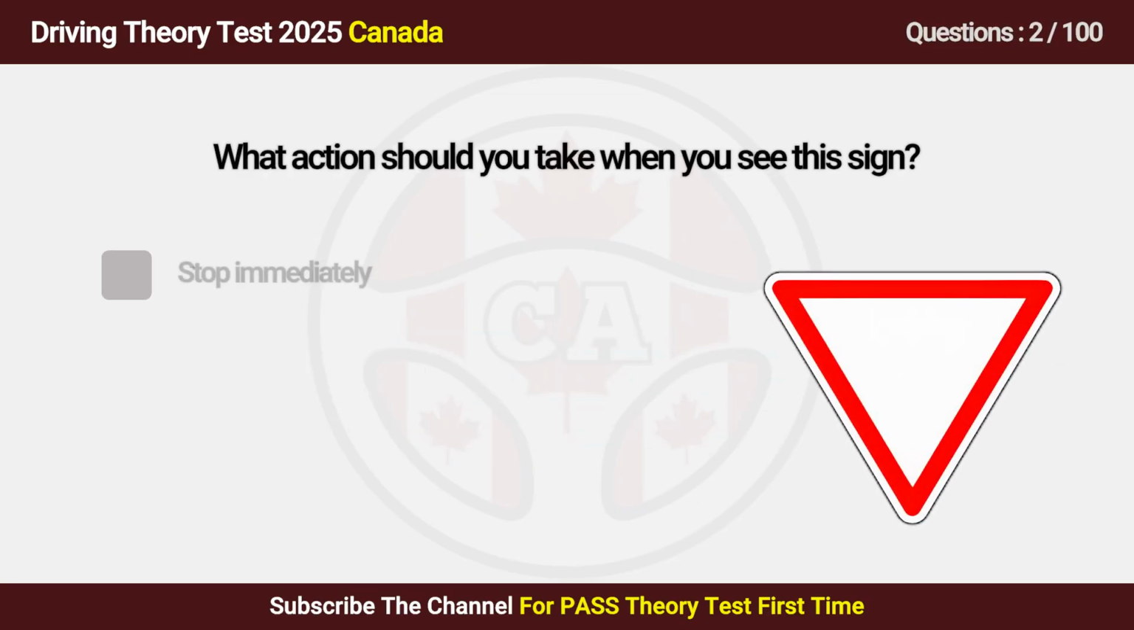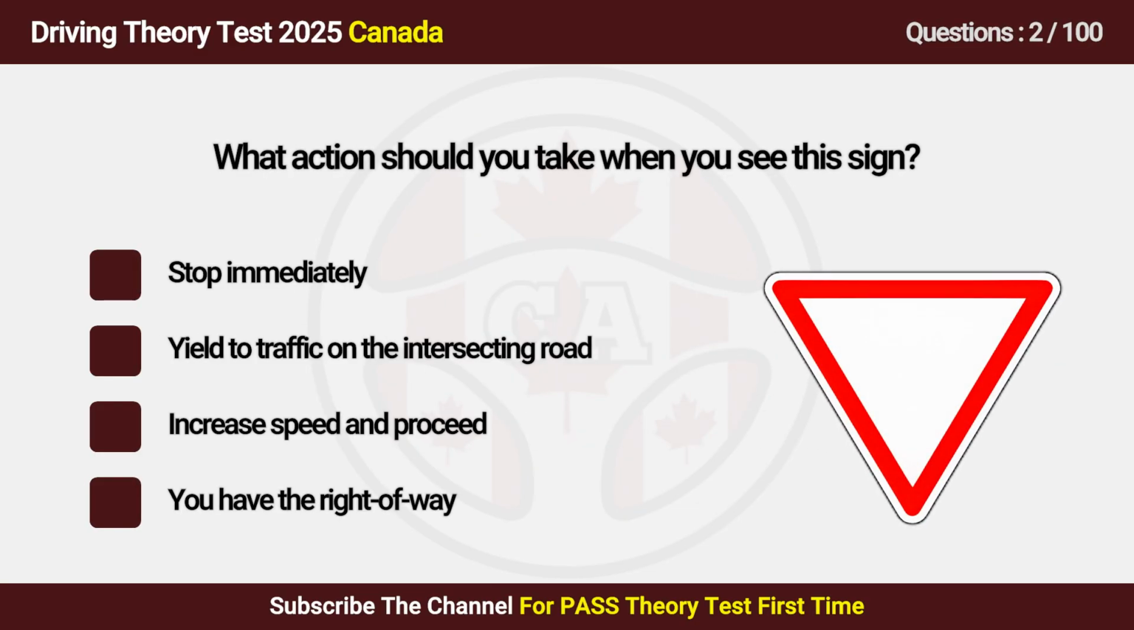Question 2. What action should you take when you see this sign? A. Stop immediately. B. Yield to traffic on the intersecting road. C. Increase speed and proceed. D. You have the